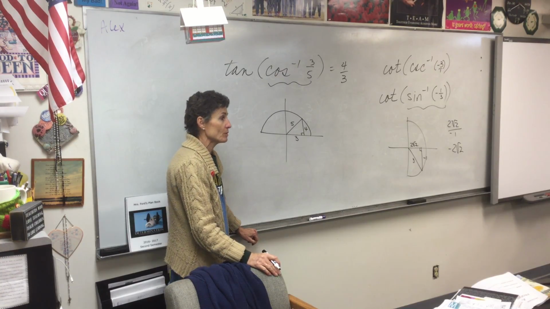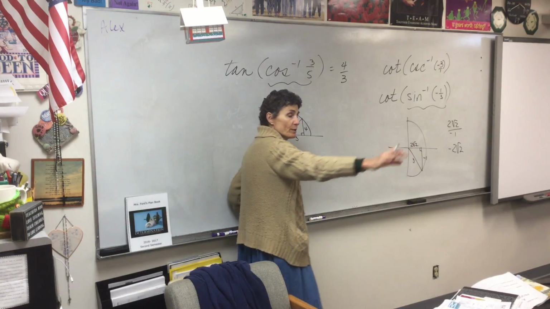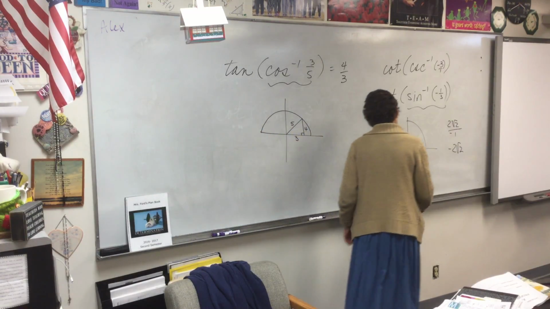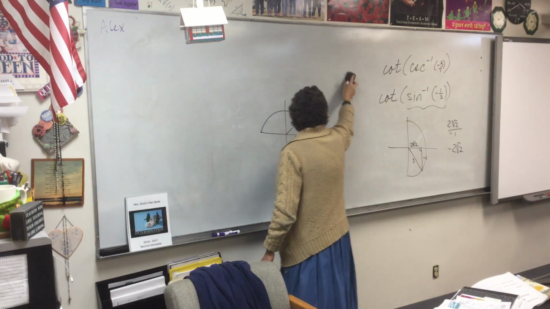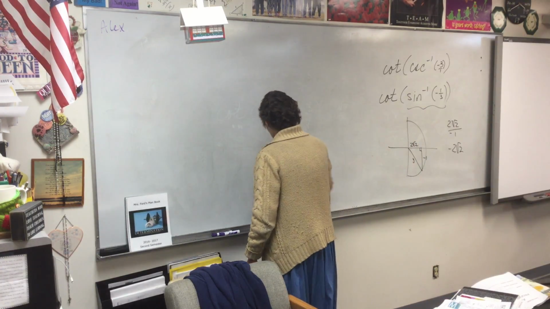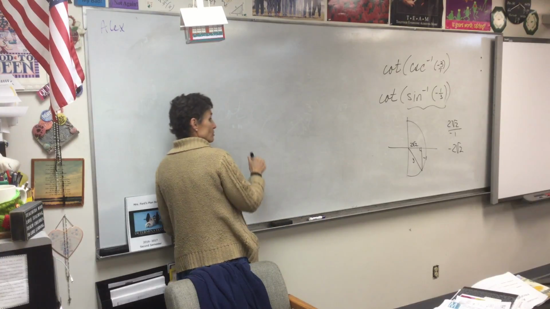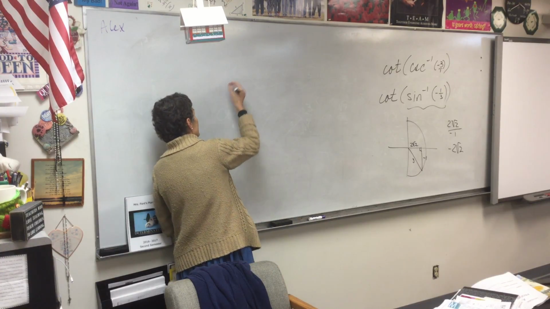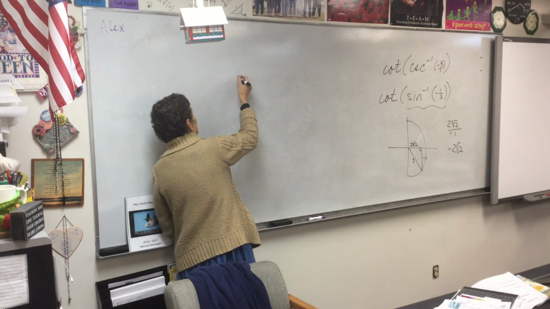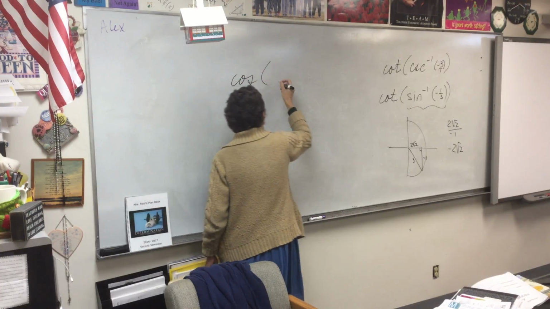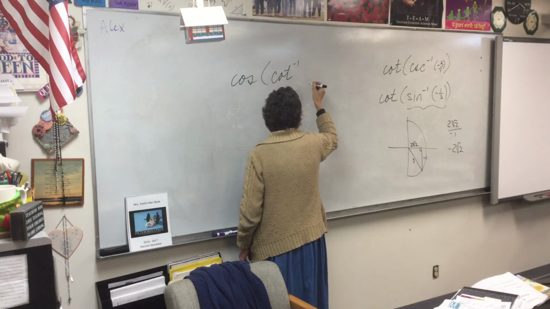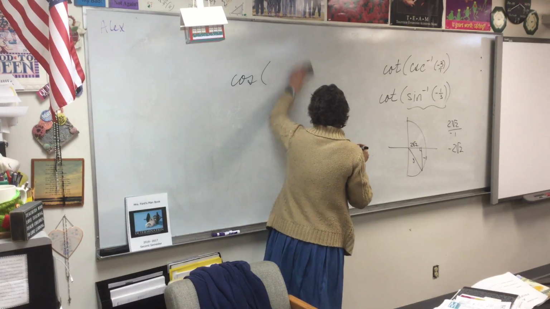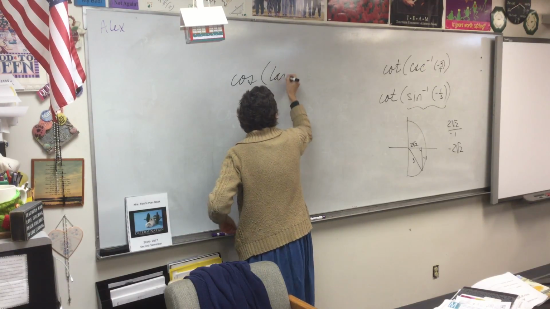All right. Now, with your partner or your groups of 3, whatever, I want you to do one before we move on. So here's what I want you to do. I want you to find the cosine of the angle whose tangent